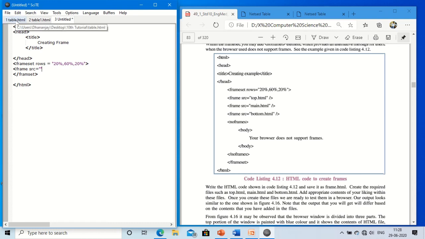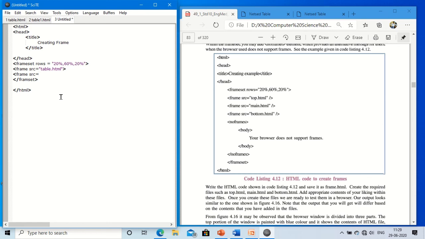Suppose I want to open table.html, so I will write table.html here. Suppose I want to open another page in the 60%.